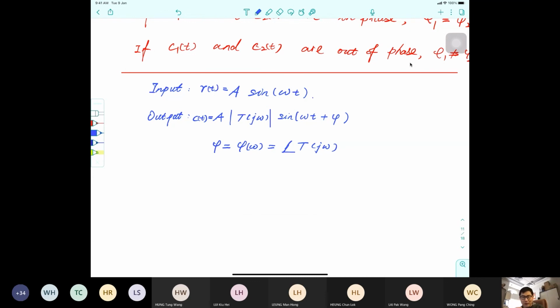Input and output not the same, right? And under different omega, the amplitude has different ratio, right? 当这个 omega 不一样的时候，它的 amplitude ratio 也不一样。这个是由谁来决定的呢？是由这个系统的 property 来决定的。